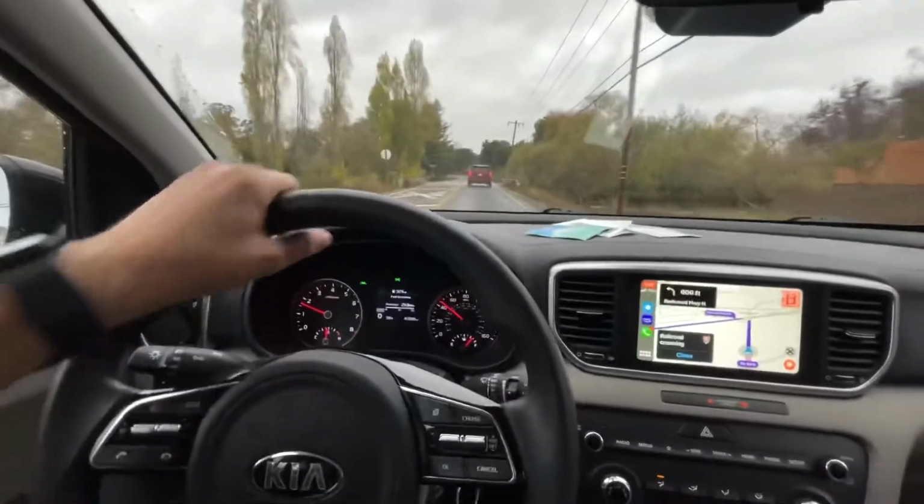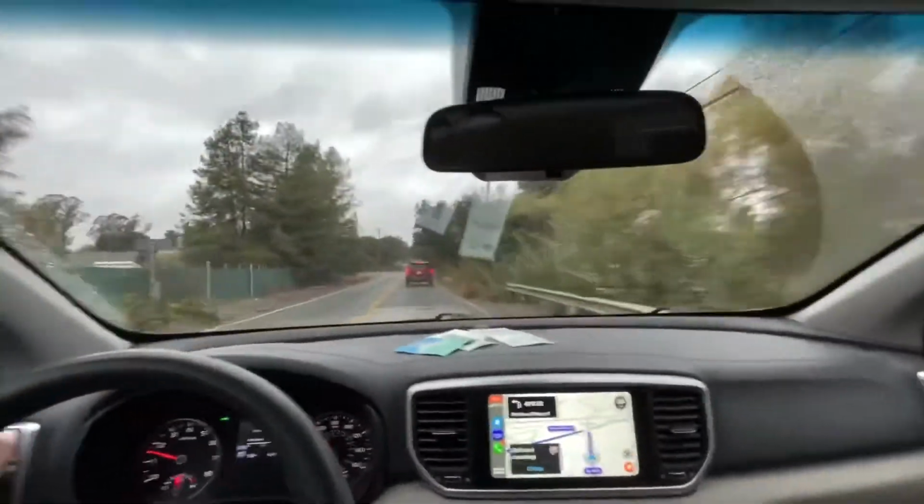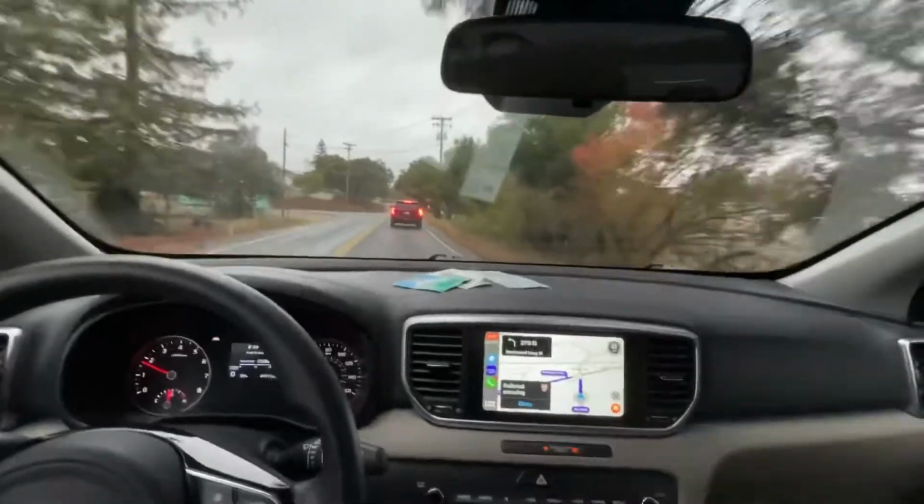Like this, I'm sure if you put leather on this steering wheel, it's nice, but in this,